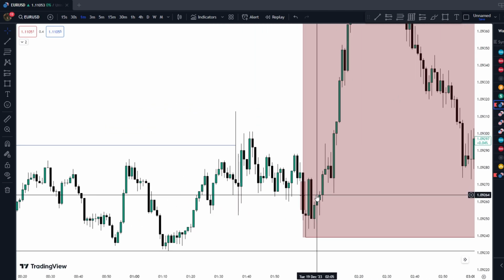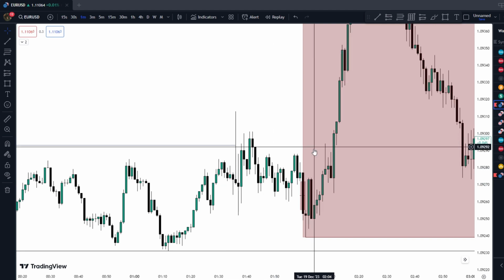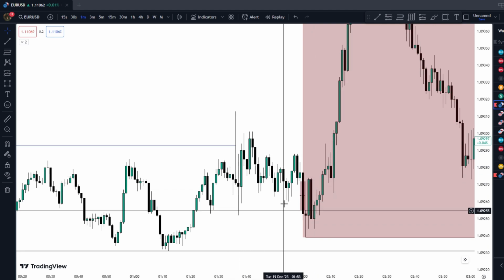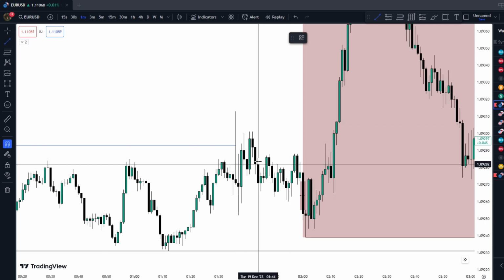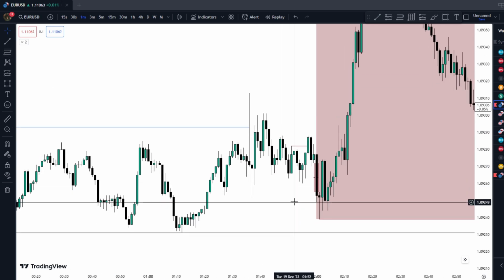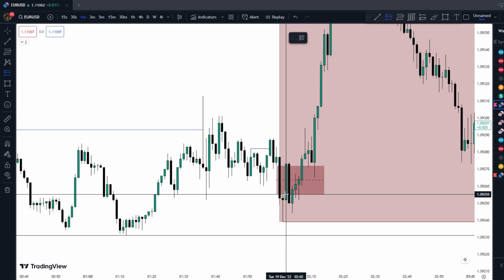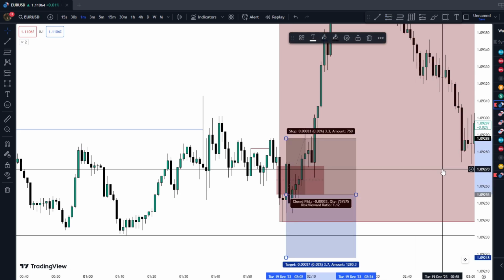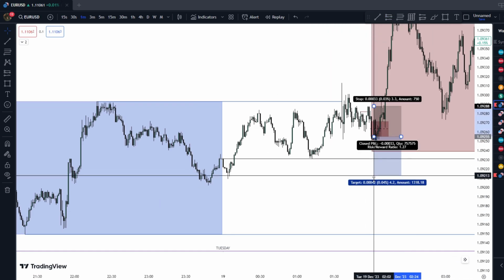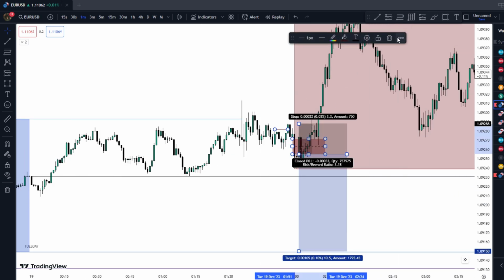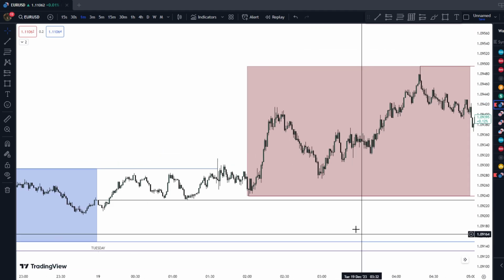Where is our market structure shift? Before London, we have a market structure shift here, but there's no fair value gap. We raid this high, we take out this liquidity. So then where's the fair value gap here? You could have entered on this. I wouldn't enter on this to be honest, but I'll just explain for you guys to know that you need to have a defined plan to trade this.